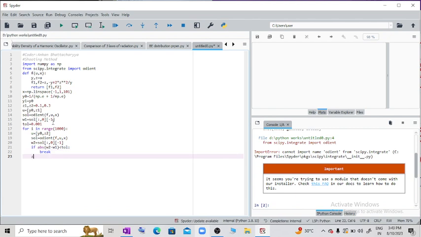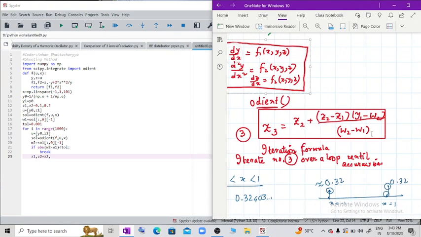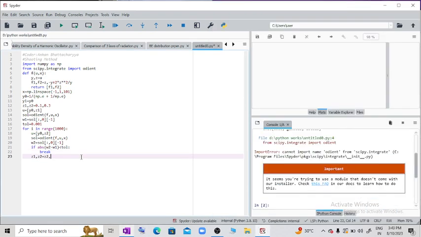Okay, so z1 now becomes, by running the first loop, z2. And z3, I have written it already, z3 means z2 plus of z2. So I am no longer writing z3, I will simply write the value or expression of z3. So z3 is z2 plus z2 minus z1,